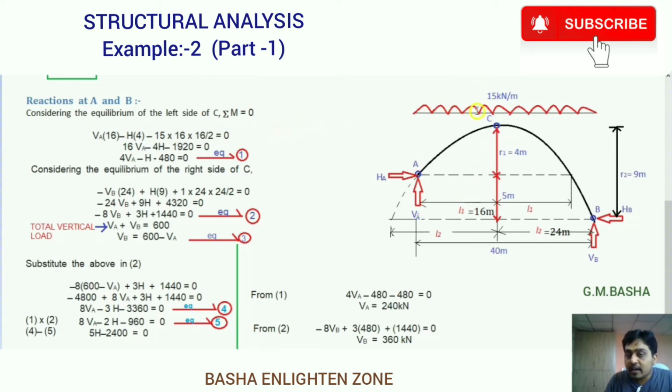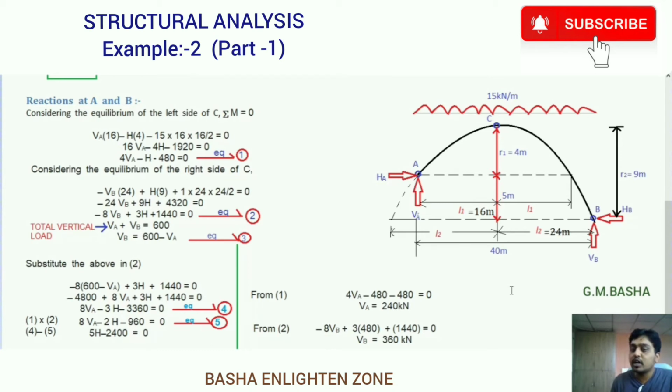So VA will be acting clockwise, HA and this load will be acting anti-clockwise towards C. Again you will get one doubt, why we are taking H here? See here, there is no horizontal loads given in the arch. So if you are taking sum of the horizontal loads will be equal to 0. Sigma H will be equal to 0. Horizontal reaction at A will be acting towards right. Horizontal reaction B will be acting towards left. Therefore sigma H will be equal to 0. HA minus HB will be equal to 0. HA will be equal to HB. So whatever the value HA, you will get HB.